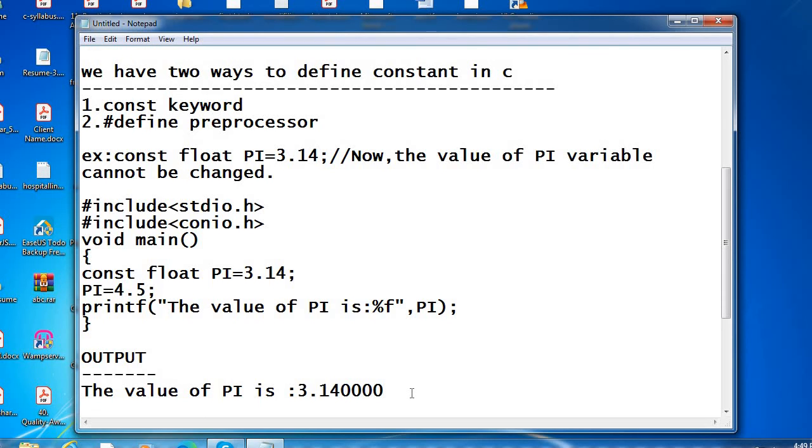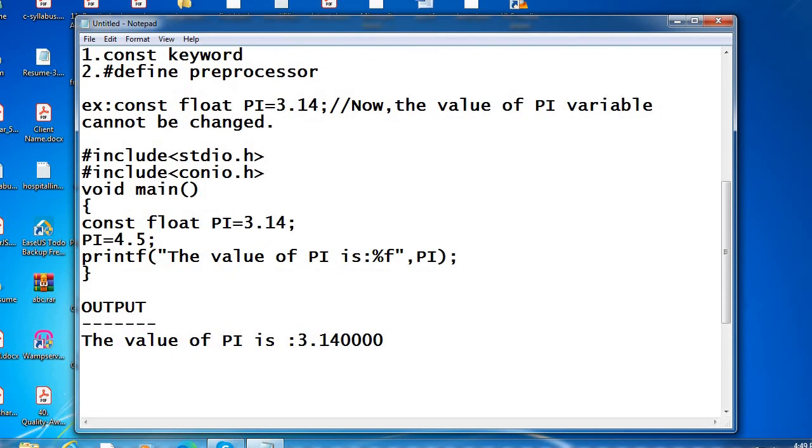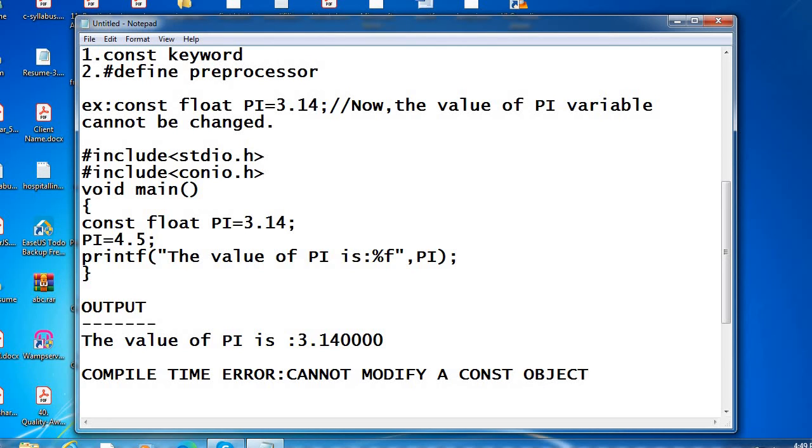It will tell you that you cannot modify a const object because it is fixed.